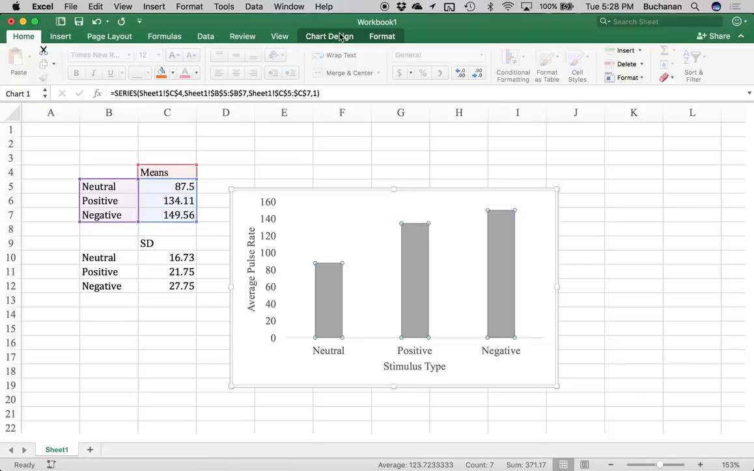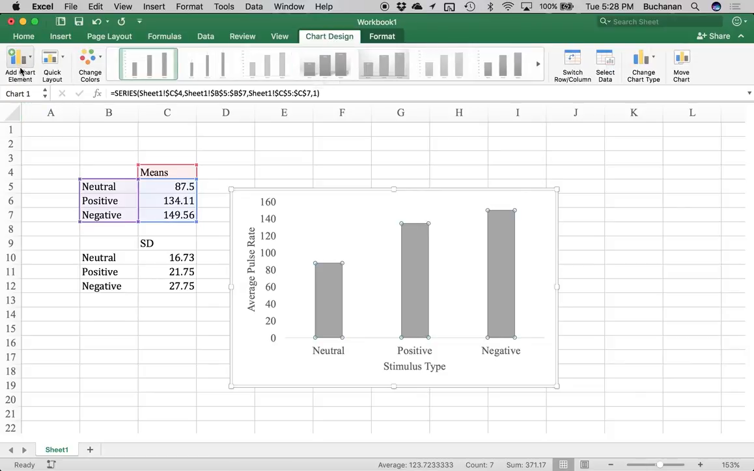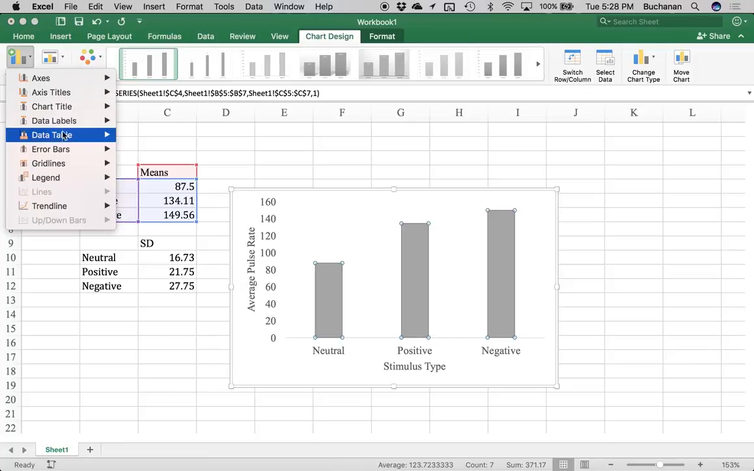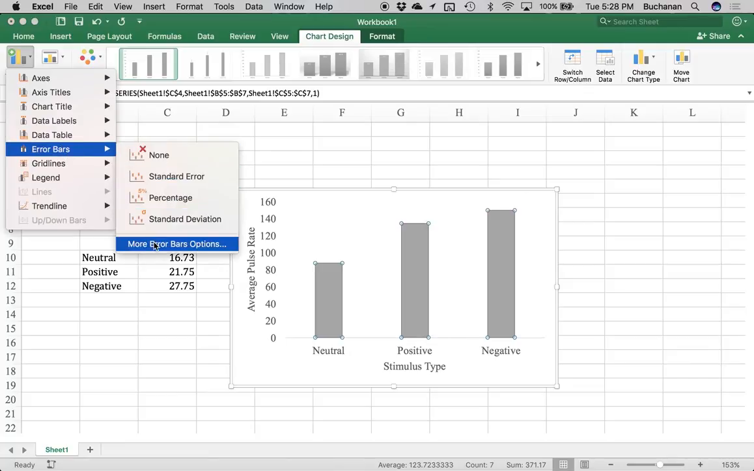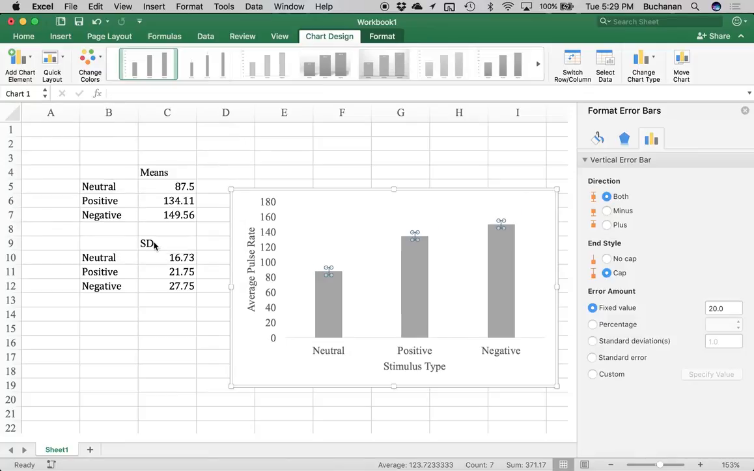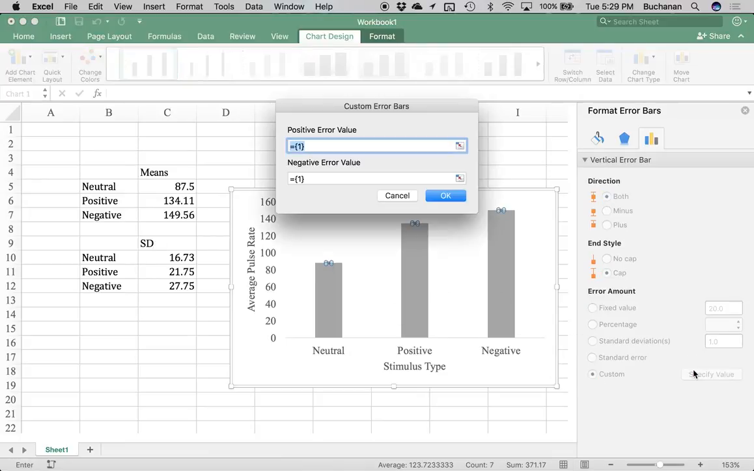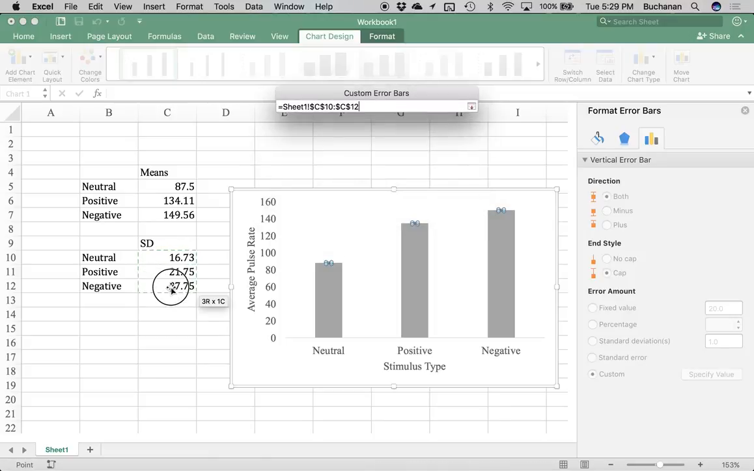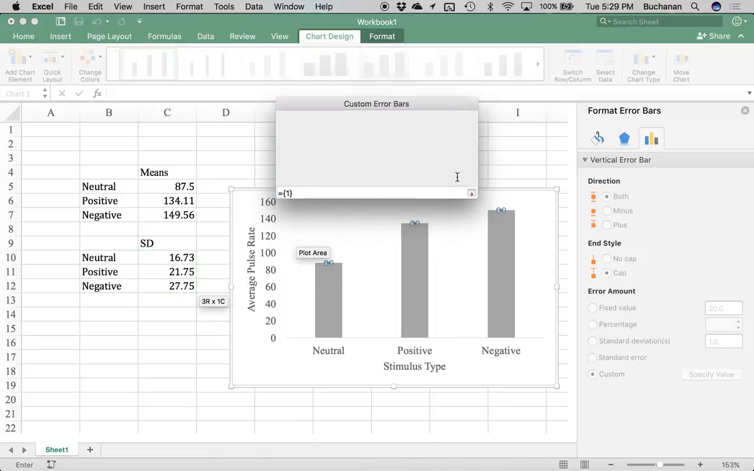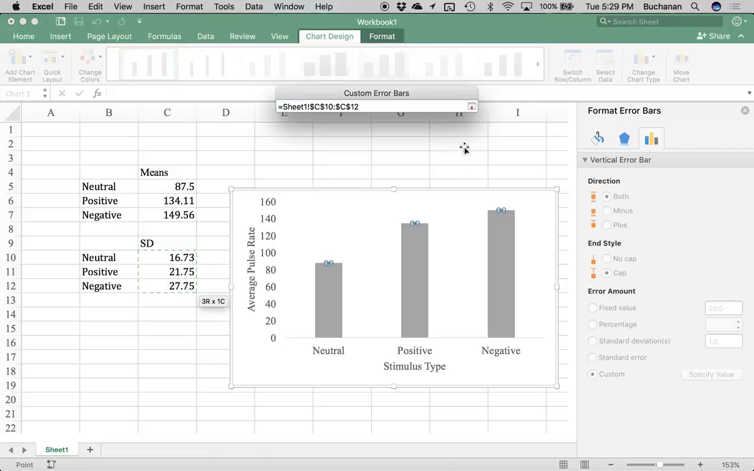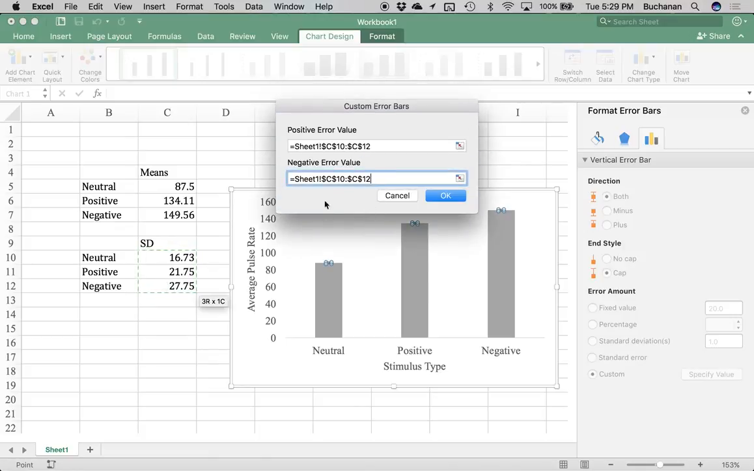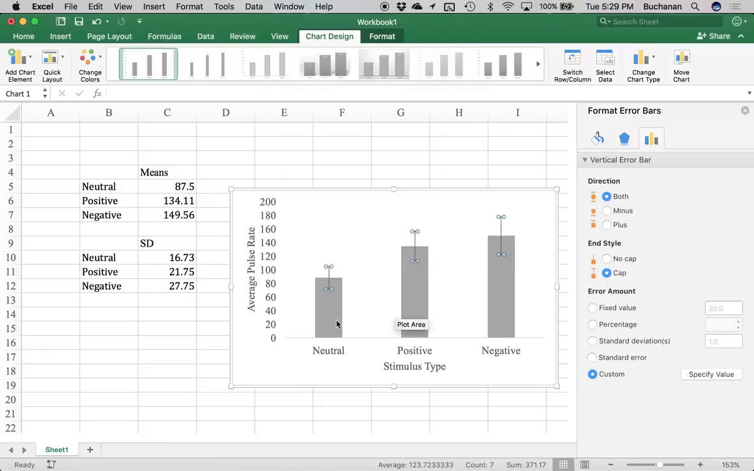So I'm going to click here, chart design, add chart element, error bars, more error bar options. 87 clicks later, we'll get there, I promise. Click custom, specify value, highlight those standard deviations once, click here twice, make sure they look the same, click OK. And that's a bit more appropriate. So this is a 1 standard deviation